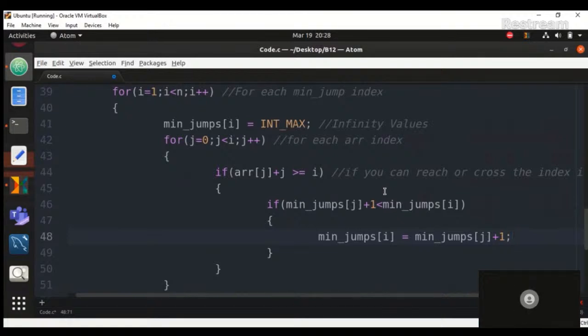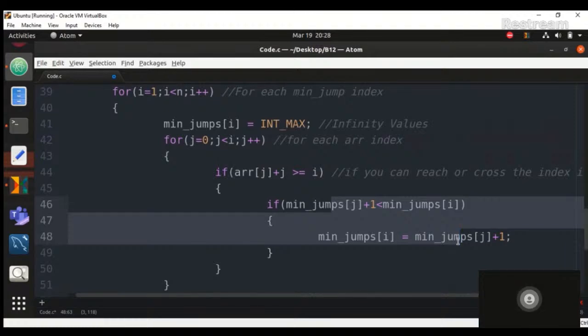Now, after doing this, basically, right now I'll just point out and repeat this. If array of j plus j value, whatever is there, is greater than or equal to I, we do this. Now, there may be a couple of errors we may expect. I'll explain what are the errors we may expect in this. I'll explain that in detail in just a while. I'll ensure to do that. So with this,